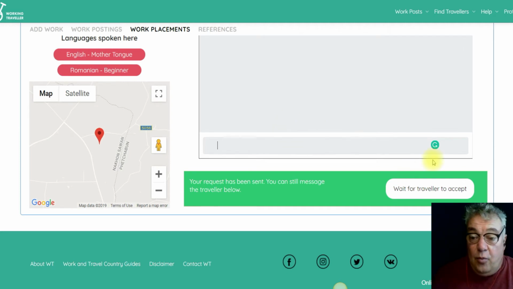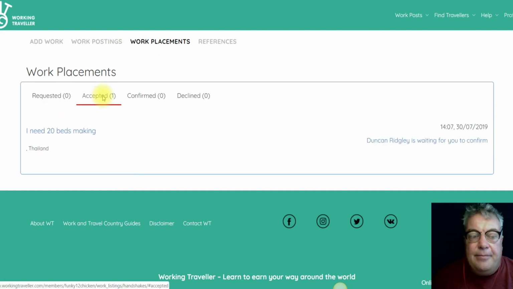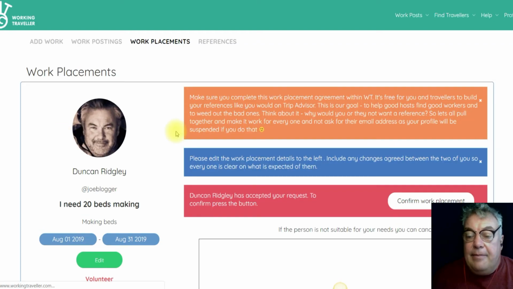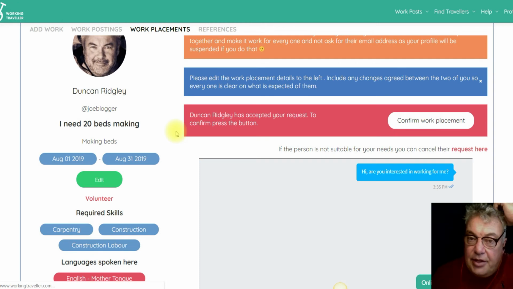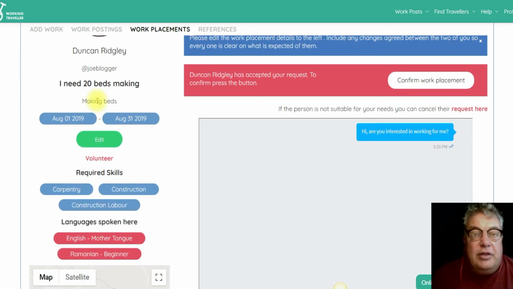So basically, you can contact hundreds of travellers and maybe several will reply. You will get an email notifying you that a traveller has accepted your offer. You log in and you click on accepted. You can see the work post. They might have requested some other things. You can still change exactly what they're going to do for you. This is just a contract between the two of you, so it can be as simple or as complicated as